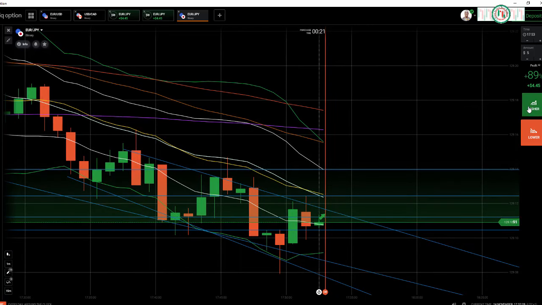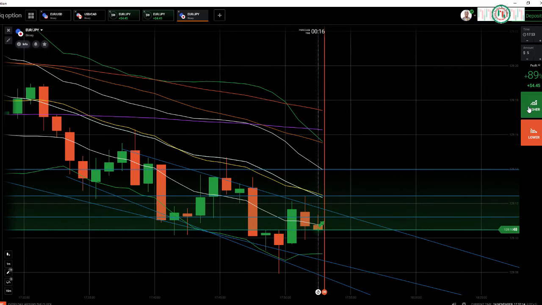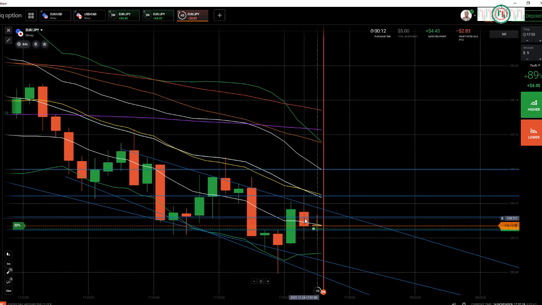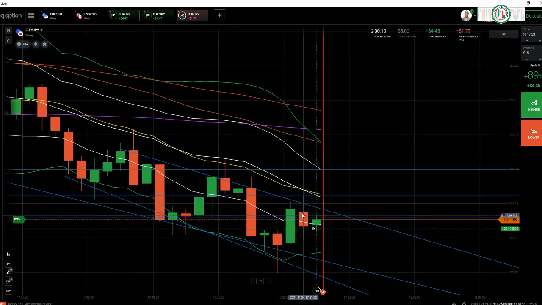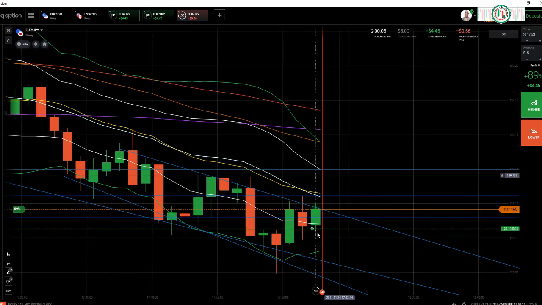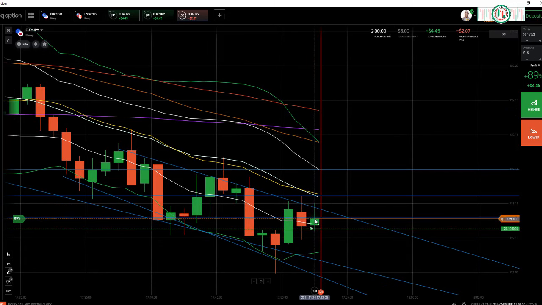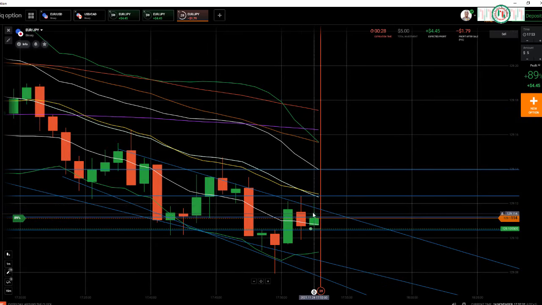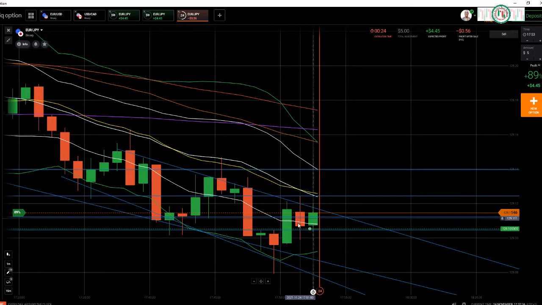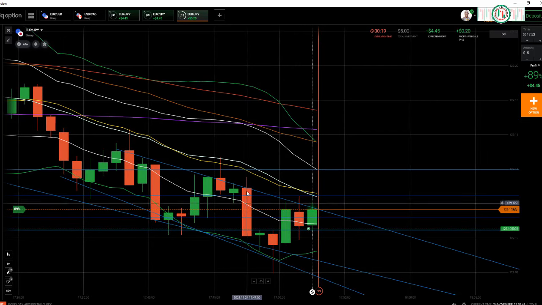If I get a lower entry point, I'll place a call option. Yes, I place a call option at this level because this candle is a weak candle. I know this is the retracement candle of this upcoming uptrend, so that's why I place my trade, call option, at this level. I know definitely this candle must be a green candle because this is the upcoming uptrend and this candle is a weak candle. This red candle is a retracement to this level, and this is like